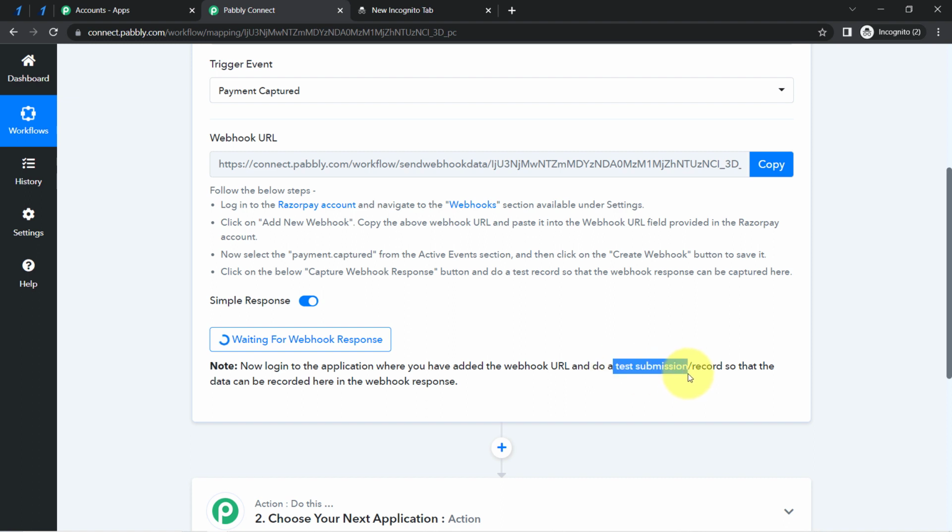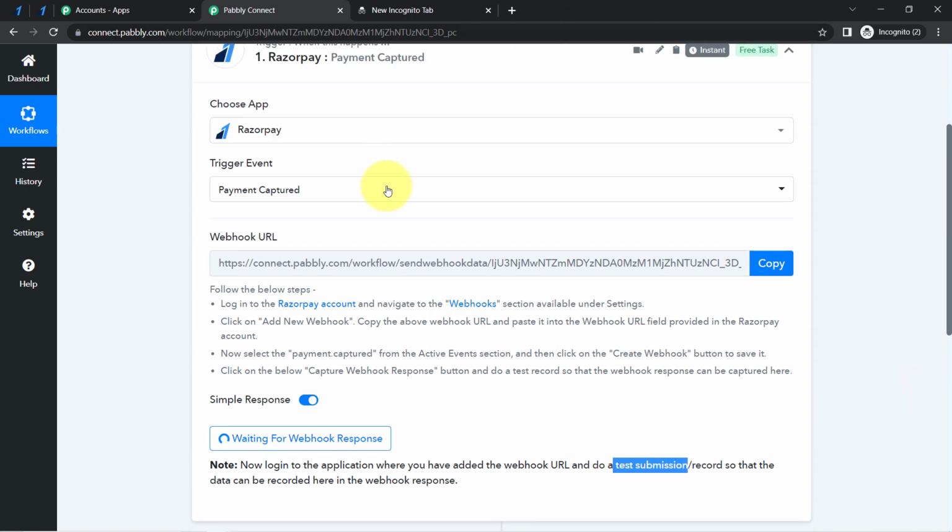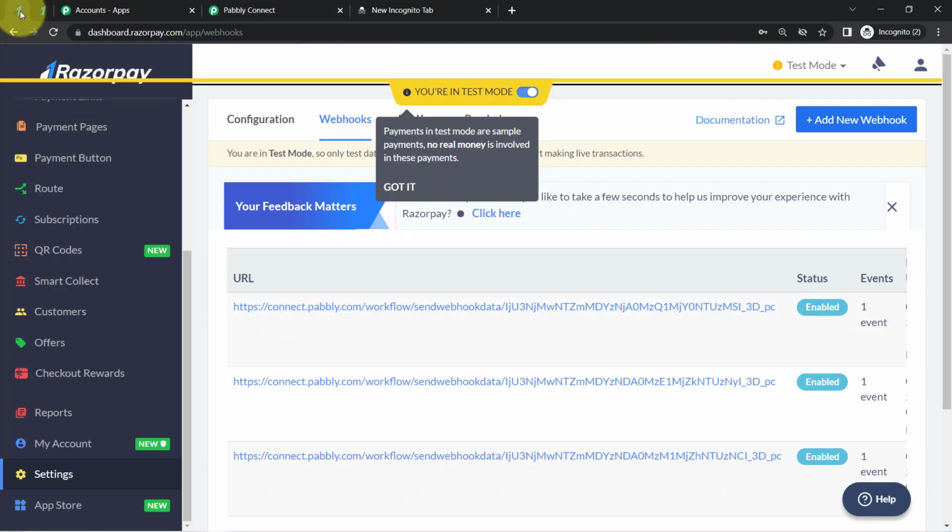So basically here, the test submission means making a new payment, or just a test payment. We are going to make a dummy payment here so that firstly we can get the payment capture details here. Okay, so I'll go back to the Pabbly Connect and here I will directly open the payment